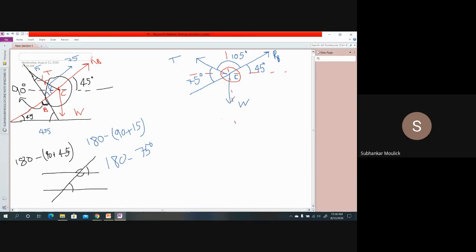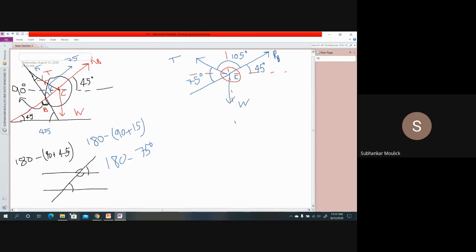See, again I am telling you, in each and every question, firstly you have to understand how to draw the free body diagram. Once you have drawn the free body diagram, then you have to calculate the included angles present in each and every problem. In each problem, your diagram will be different, but the procedure will be like this only. You have to use the concept of geometry to find out the included angles. Then only you can solve any problem either by Lami's theorem or by using equations of equilibrium. If you don't know how to find these angles by geometry, it will be difficult for you to solve the problems. Fine. Okay. Now let us use Lami's theorem.